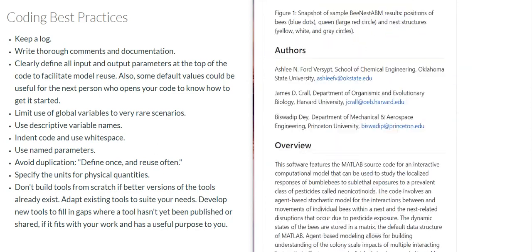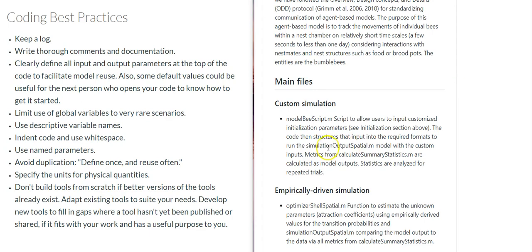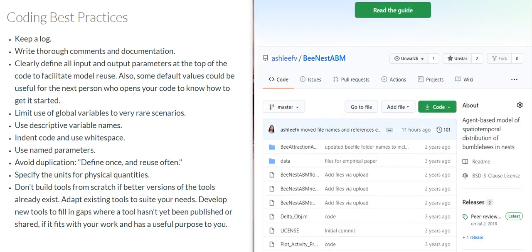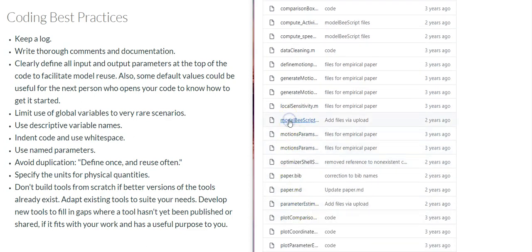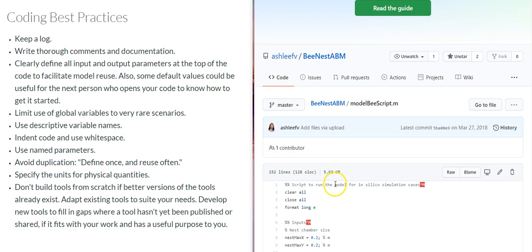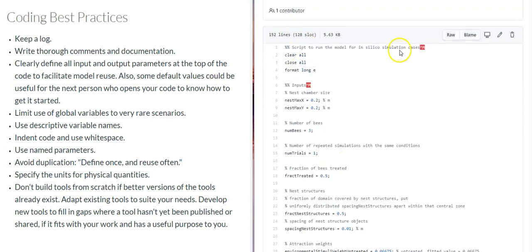So I'm going to open that code that I said was the main file here. It's model bscript.m. This is a script. It involves setting some options at the beginning. It tells us what our inputs are, and it clearly defines this is the nest chamber size, and we've used descriptive variable names. We said this is the nest maximum X. This is a 2D grid that has units of meters. Nest max Y, so you can